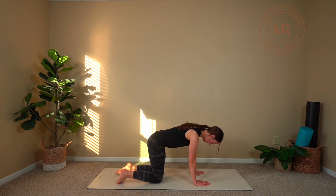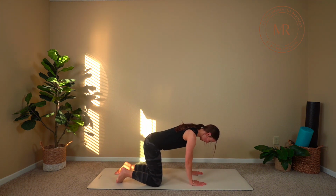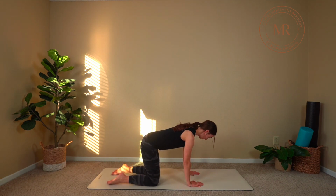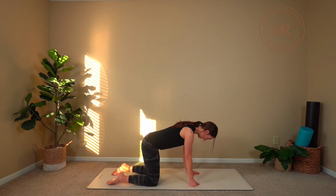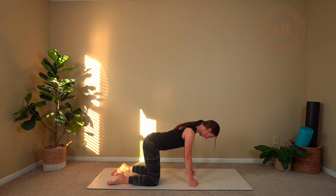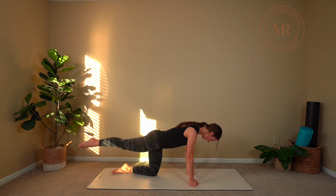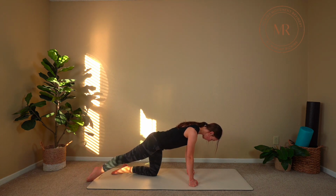So from here, I want you to go ahead and place your palms underneath your shoulders, legs hip distance apart. All right. Now you can also come onto fists if that feels better to you. From here, I want you to go ahead and retract the head back. So you're going to come into the shoulder blades, heart shines forward, gaze is straight down at the mat. Inhale, engage the abdominals and glutes. You're going to extend your right leg long. Inhale as we lower. Exhale as you lift that leg